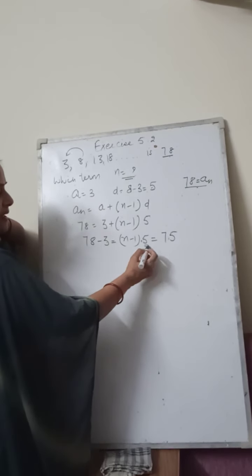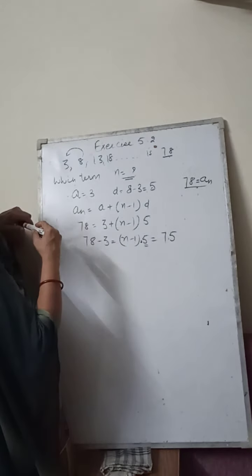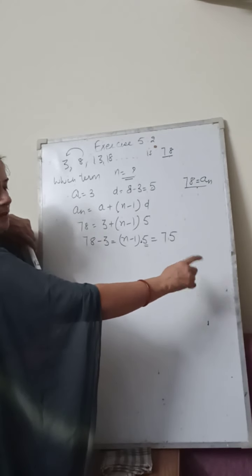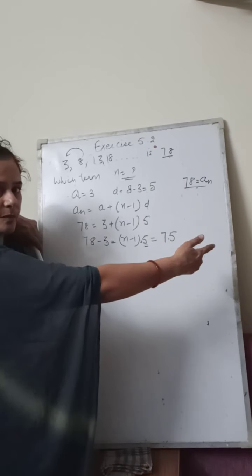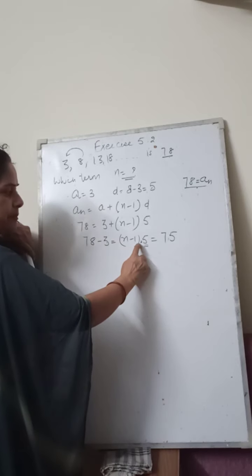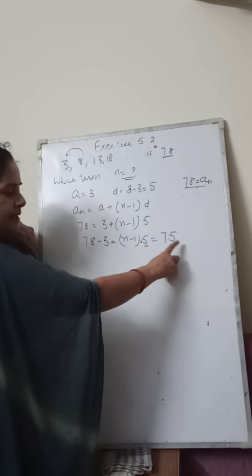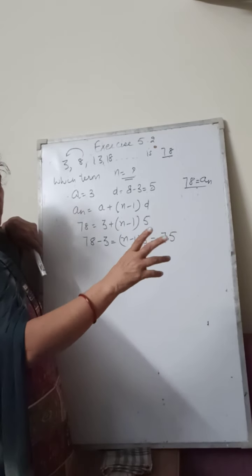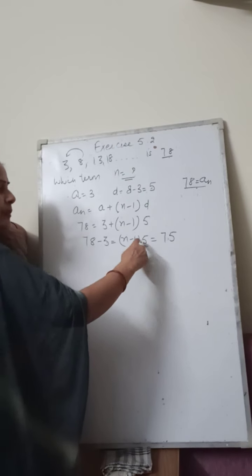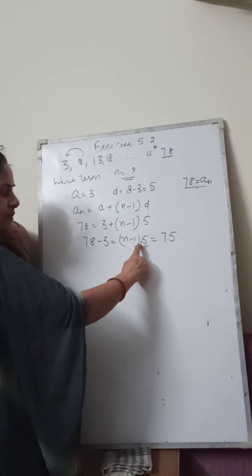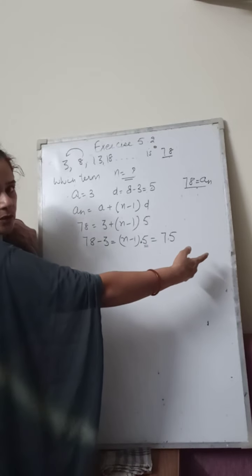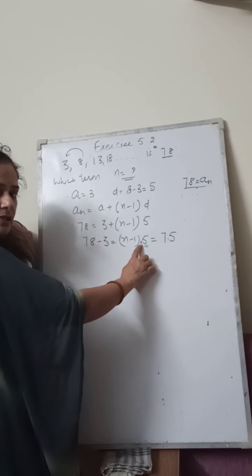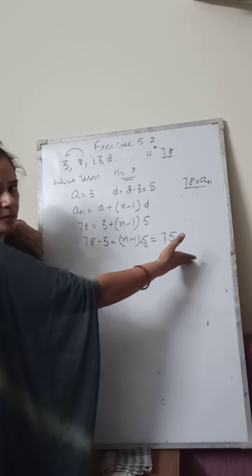Children, 5 is a multiplier here, and whenever we have a multiplier, that multiplier always divides on the other side. If there is plus or minus, the sign will be changed on the other side. But if it is a multiply sign, it will be divided on the other side. If there is a divide sign, it will be multiplied on the other side. So the reverse operations take place. If there is a plus sign, on the other side it will become minus. If it is minus, it becomes plus on the other side. Here it is a multiply sign, so on the other side it will be divided. Here it is a divide sign, so on the other side it will be multiplied.